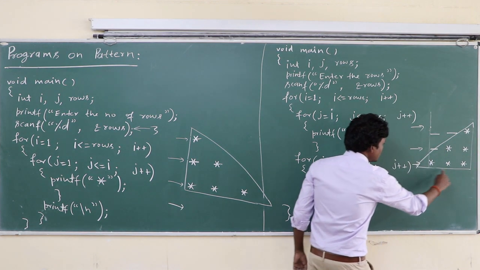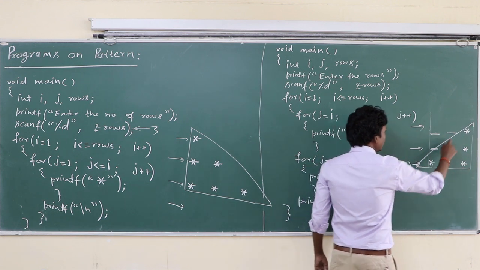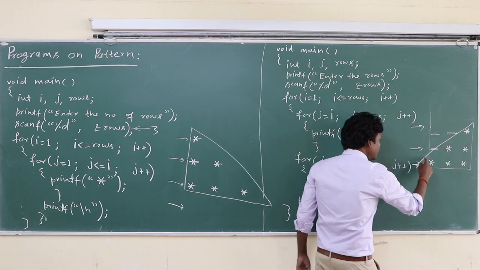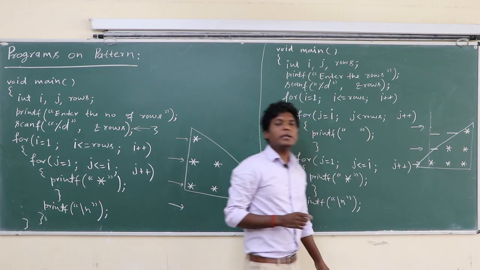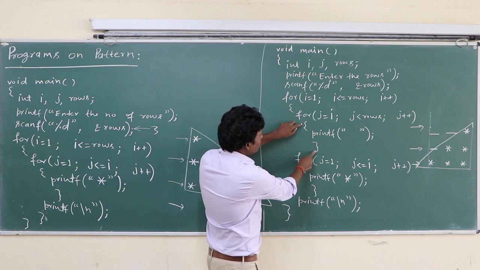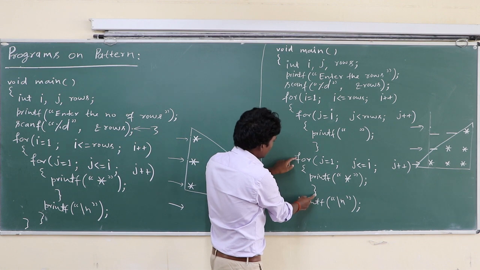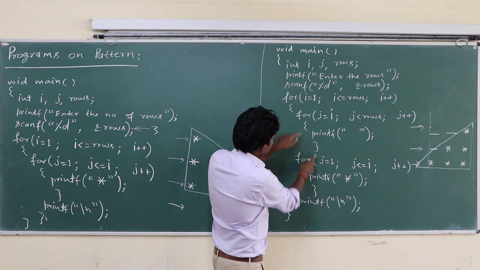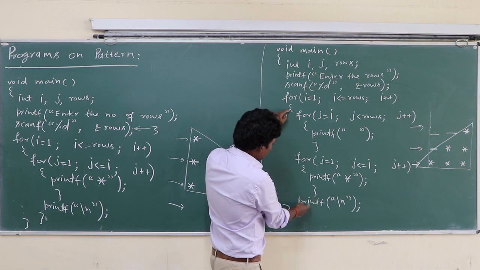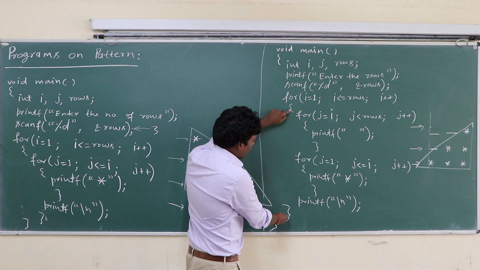So to print this pattern, to print this triangle, we have to first print the mini triangle of space. So this one is a for loop for space, and this one is a for loop for the asterisk, and both these for loops are within this outer loop. This is the closing of main. This is the outer loop.